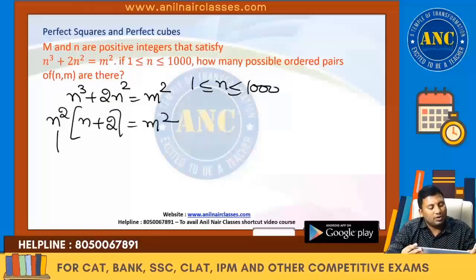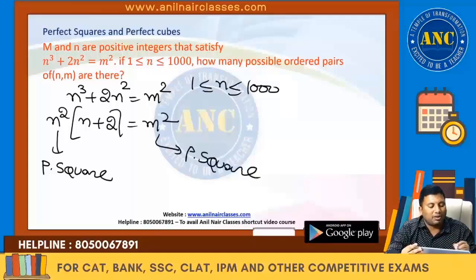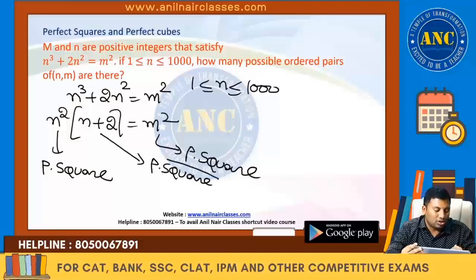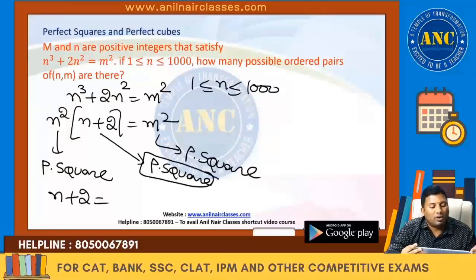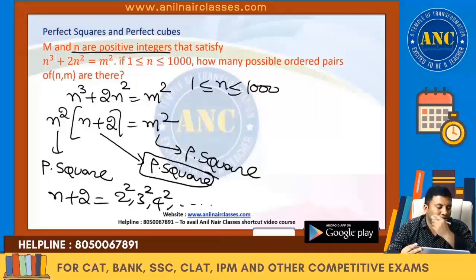N square is a perfect square. M square is also a perfect square. So n plus 2 should be a perfect square. I cannot take 1 square because n will be negative. N is a positive integer. So 2 square, 3 square, 4 square, and so on up to